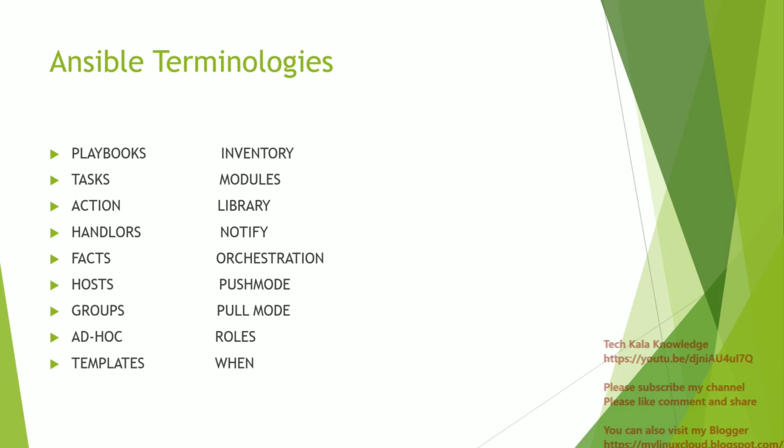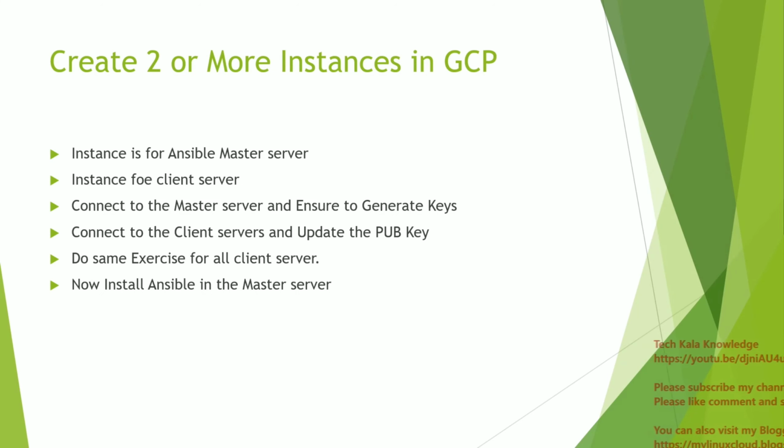Let me open up my PPT, which I prepared for you guys. For an Ansible setup, we need at least two servers, two instances. You can use more than two also; for learning purposes, two or three is sufficient. Suppose you have three instances. One is the control machine, which I can call the remote or master server, and two are the client machines.